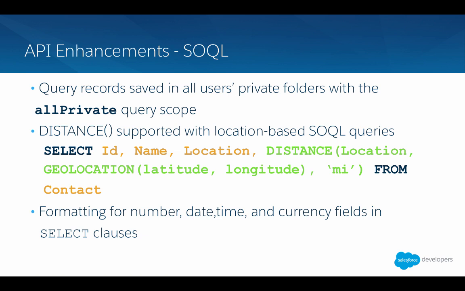And some other additions to SOQL that we had this release are things like the distance query, which previously was used as, say, a sorting filter or for being able to order by things. Now you can actually get the distance itself returned from the query, so you could output exactly how many miles a contact is from an account, for example.